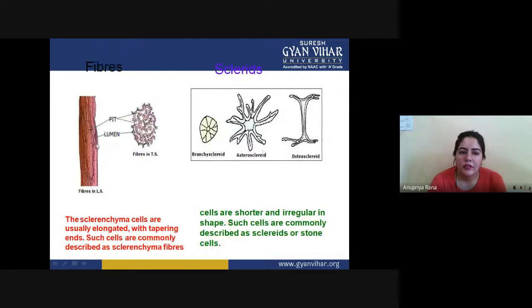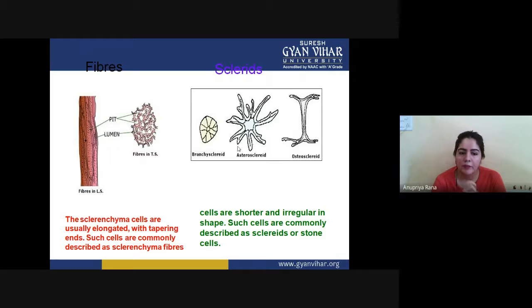So these are fibers and sclereids, which are also types of the sclerenchyma. They have the same kind of properties which are present inside the sclerenchyma tissue. They also have a very short lumen. They are elongated cells and highly thickened, and they also perform the function of mechanical support and elasticity